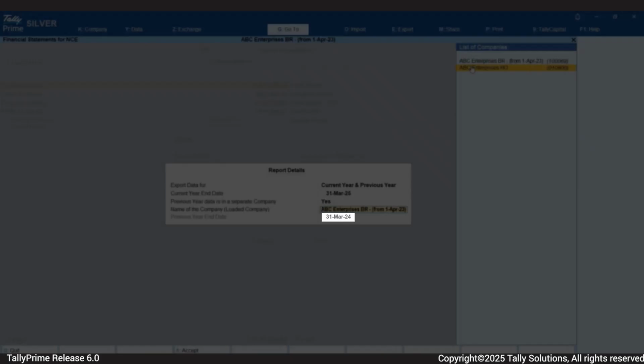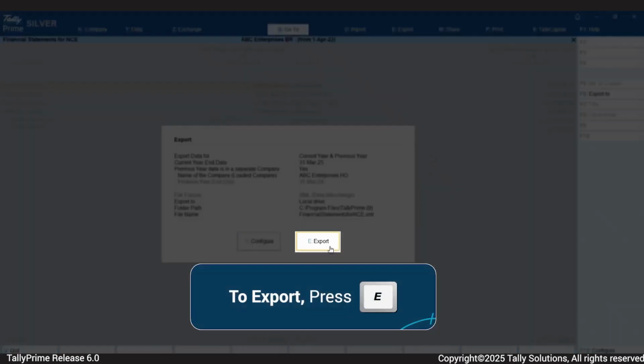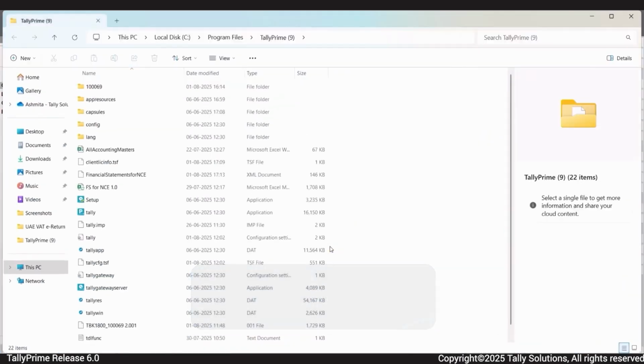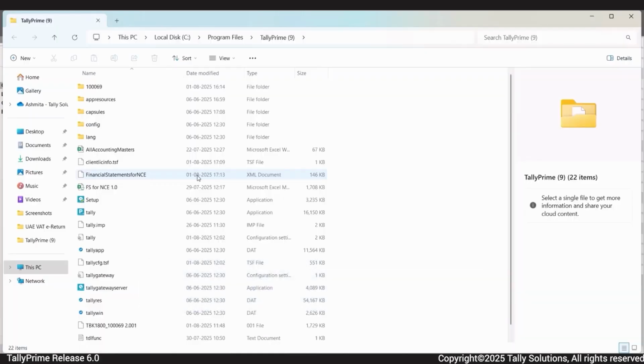Previous year end date is updated automatically. Press C to save the file in XML format. It will be saved by default as Financial Statements for NCE.xml. You can rename the file to keep things organized.